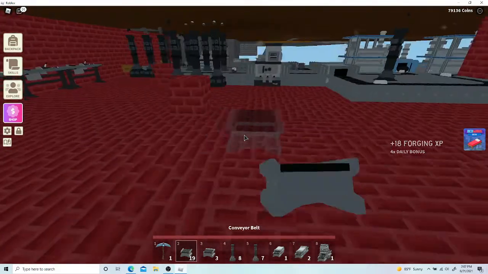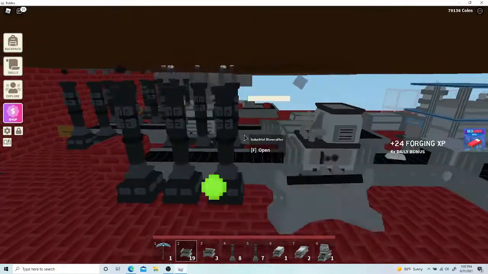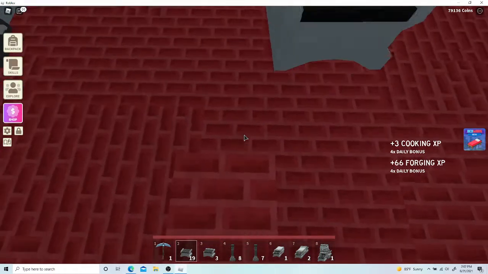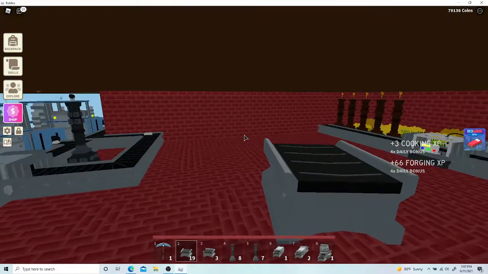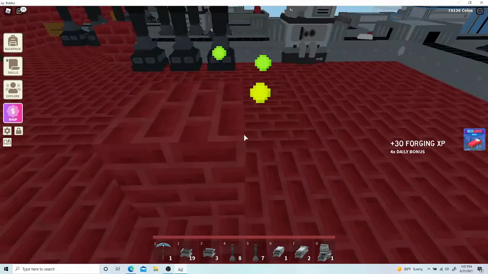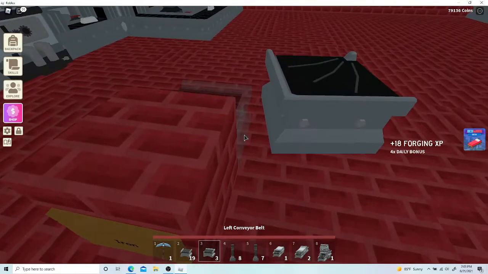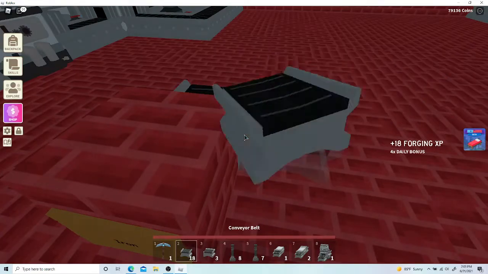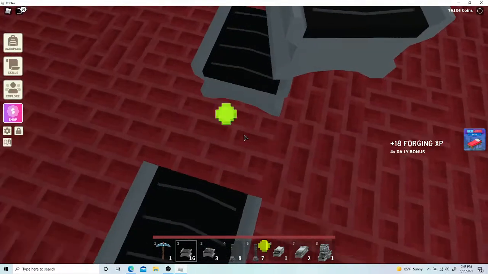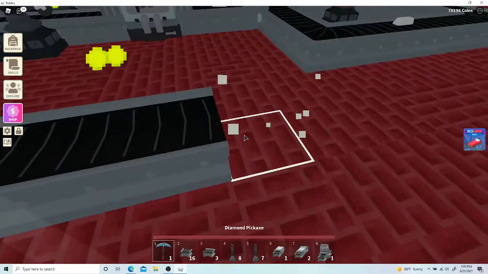So what you're going to start off doing, it's not going to be much. You just start off with 3 conveyor belts in one direction. Make sure you have a very big plot, or you will not be able to fit your auto farm. Okay, 1, 2, and 3. Okay, so now that we've got that done,